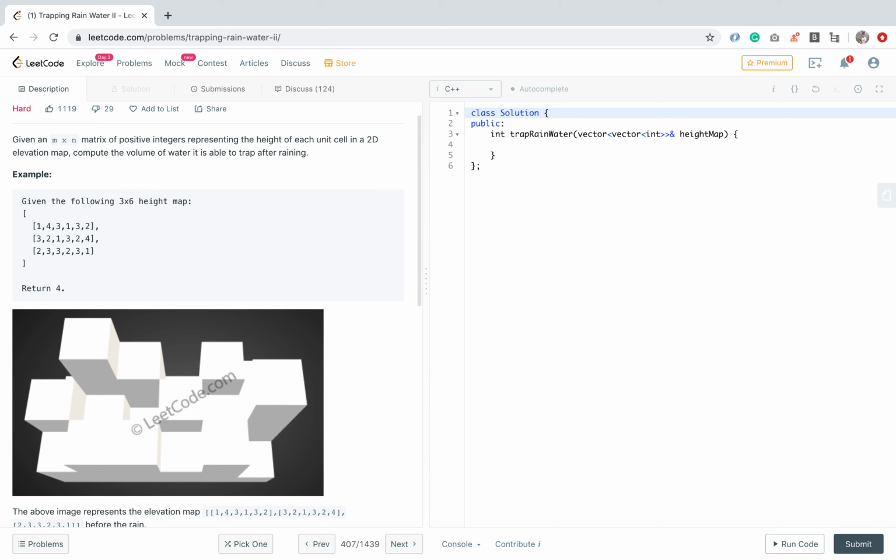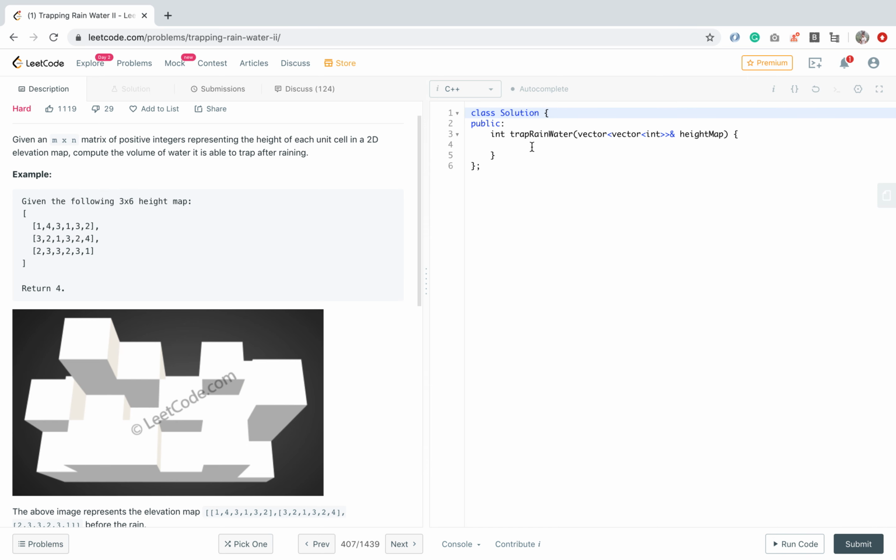For solving the problem we need two things. One is a min heap, and the other is a visited matrix, which tells which cell has been visited. The min heap should consist of three items: the height and the coordinates of the cell.